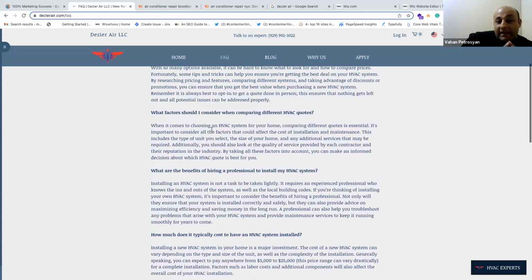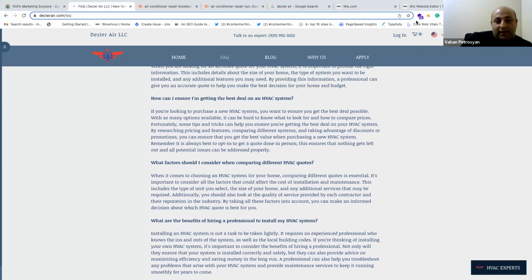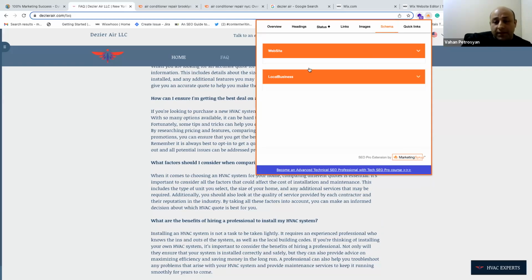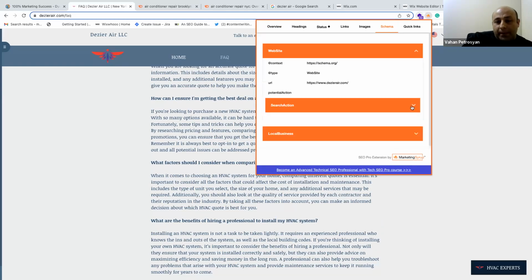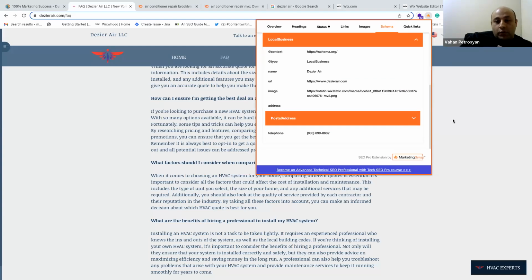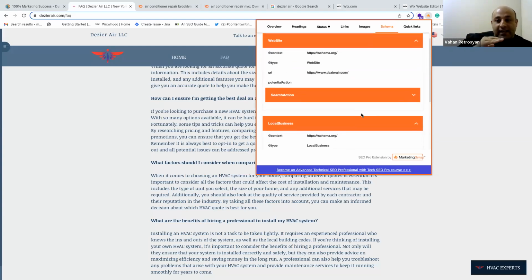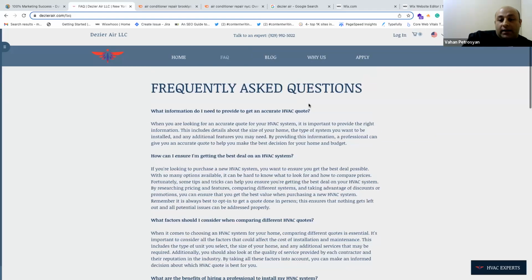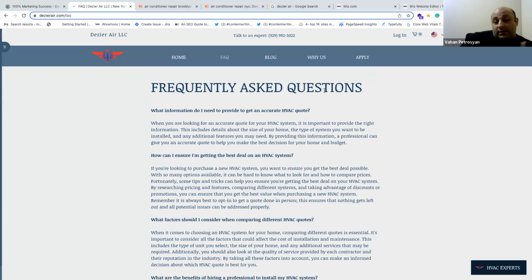Consider adding FAQ schema markup to the FAQ page. The schema can help make your website more visible to users in the search page. It may enable rich results that show questions answered directly in the search results, which will help to capture users' attention. And one way to do that is to use ChatGPT to generate the schema markup, and you can use Wix